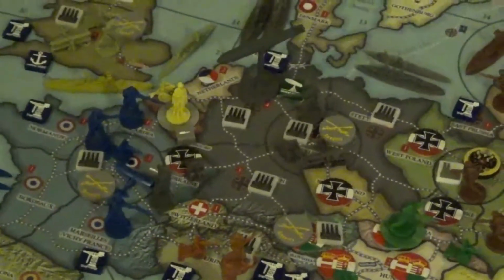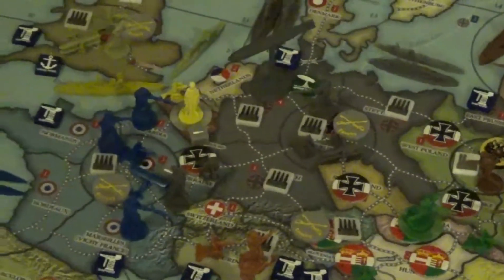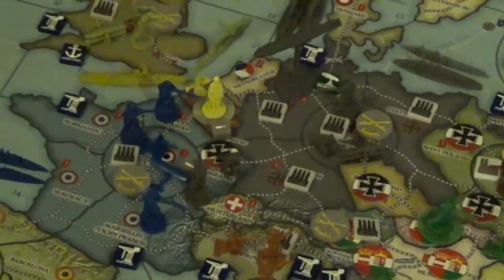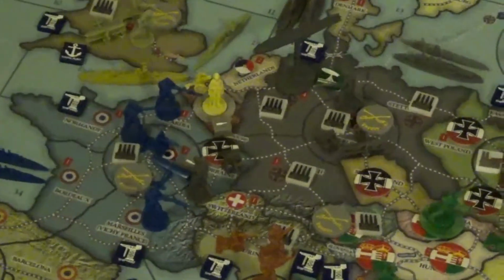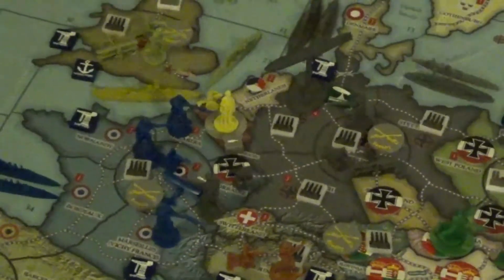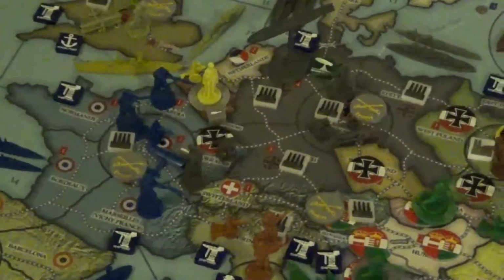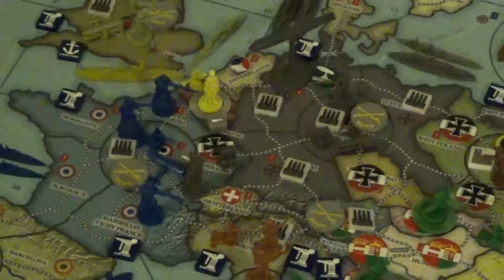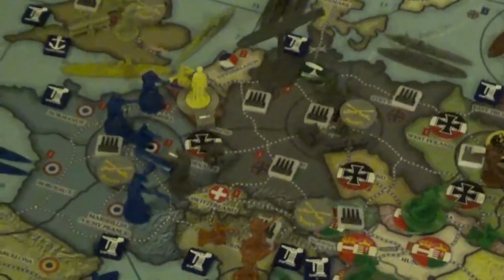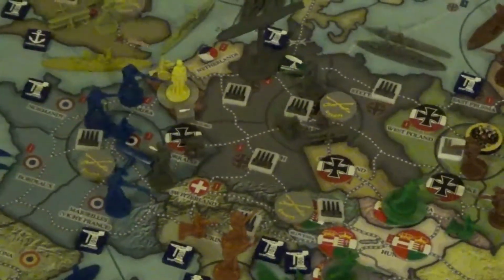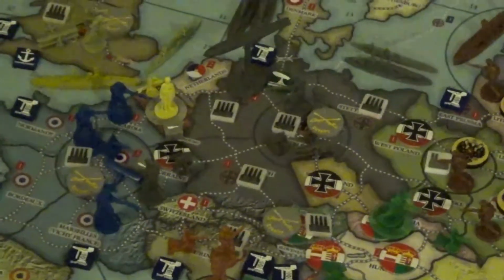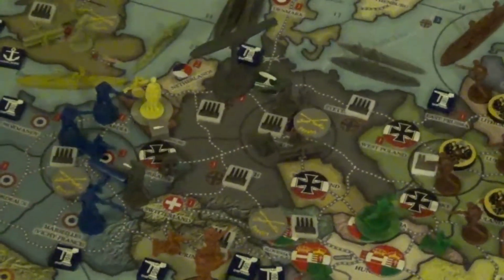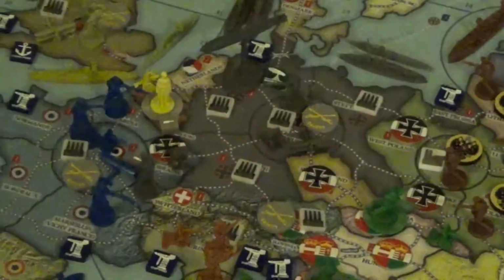not all, but a good portion of the technologies are only unlocked once you've incurred X amount of casualties. So you can't just pay money to buy dice to roll to get these technologies. You have to actually suffer a certain amount of casualties to get these technologies. So the only way to get these technologies is to bite the bullet and attack these trench lines to avoid those players that will just sit on their hands and turtle up and just spend 3/4 of the game just building and not attacking, because